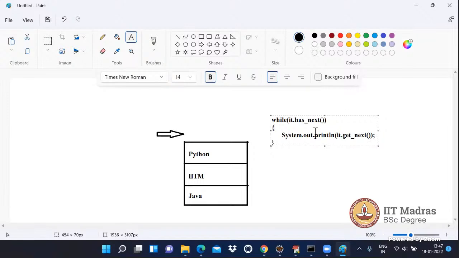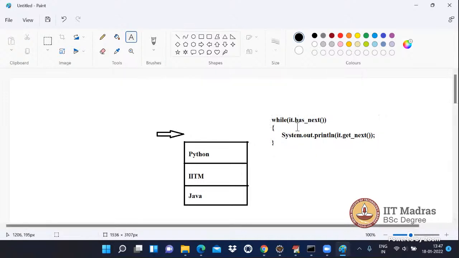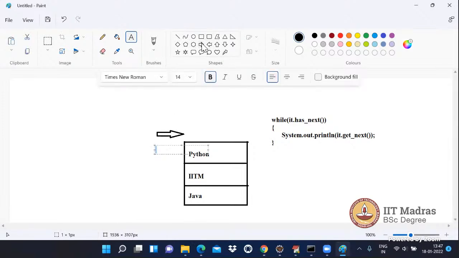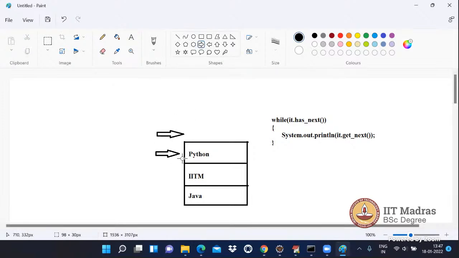Now your iterator object is going to call the hasNext method. hasNext means it is moving to the next location of the object, so it is coming to here. If the element is found in the next location, it will return true. So if it returns true, then